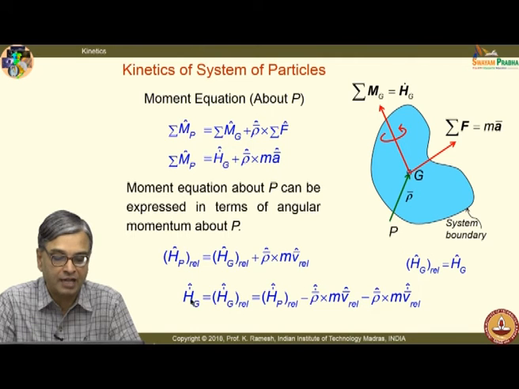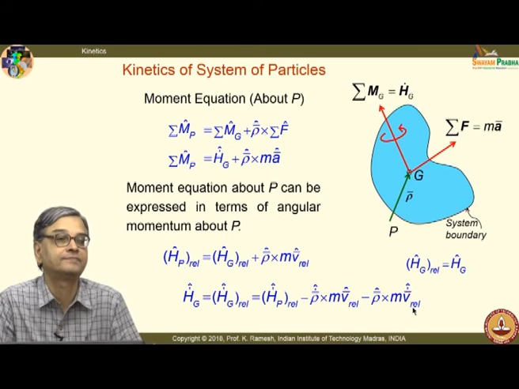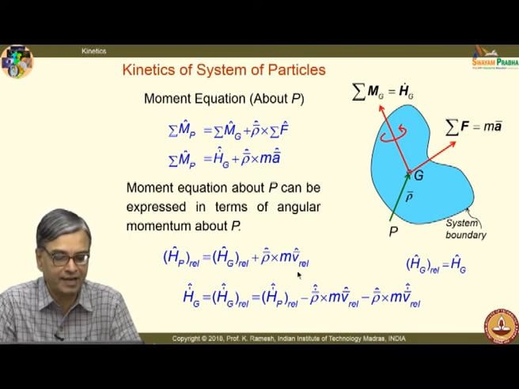So, I have h g dot equal to h g dot rel, that is equal to h p dot rel, and take it to the other side. Okay. You do the differentiation properly and write all the terms, then bring in the simplification. So, I get this as rho bar dot cross m v bar rel minus rho bar cross m v bar dot rel. Very simple, it is straightforward. I have just differentiated this and then written it here, and this goes to 0.